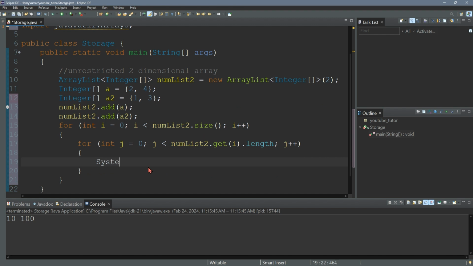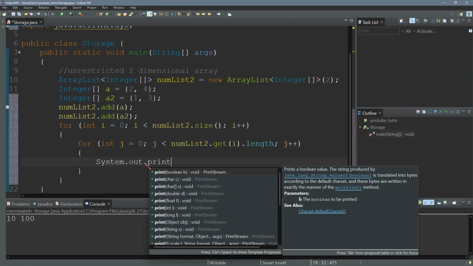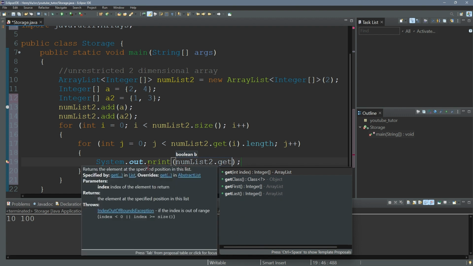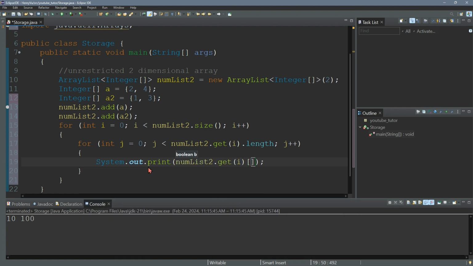So we're gonna print out System.out.print, let me see, the numlist 2 dot get y of the index j with space, and we're gonna